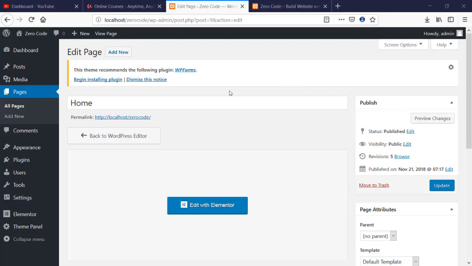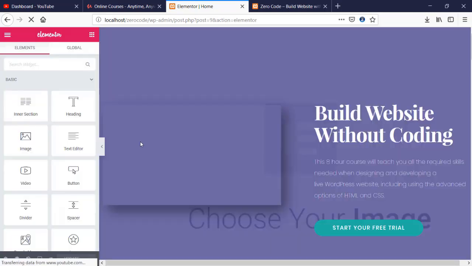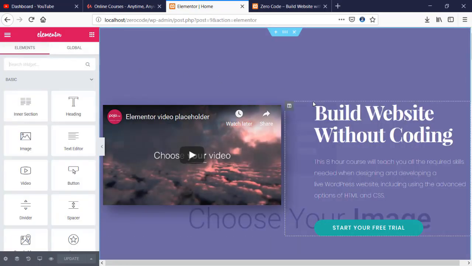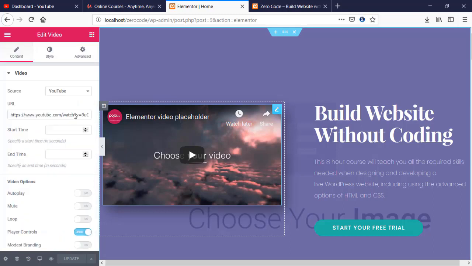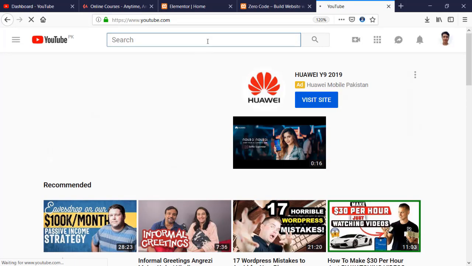We are going to see how we can make some changes. For example, if I'm in the home page and I'm going to edit with Elementor, and in Elementor we are just going to add or make some changes. For example, if I don't want that one, then we are going to edit, and we just put here our own website. And for that I'm going to come here, and I will come in youtube.com, and I will just search for my channel, and